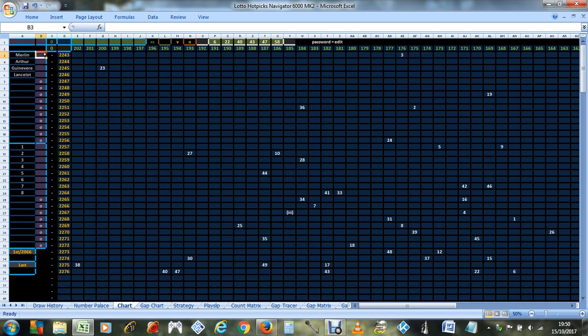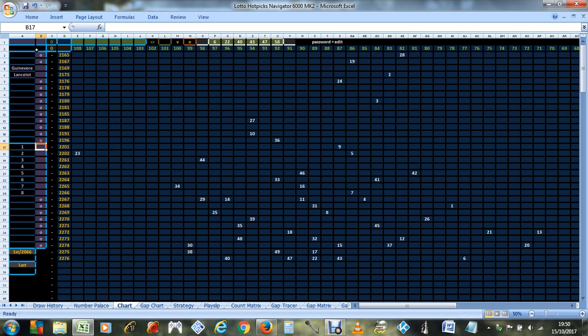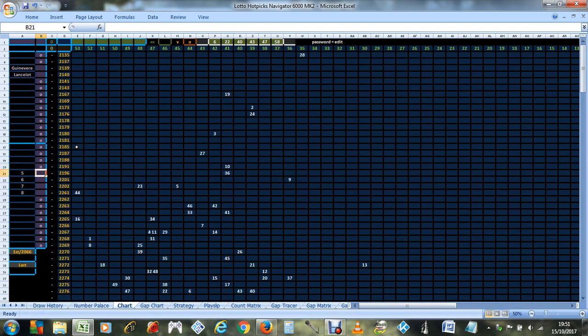So based on that, I'm picking 23, and then based on, obviously there's sets of balls 1 to 8 and just Guinevere and Lancelot, which are currently in use now, 23 by far the most frequent as well. And so that's why I'm picking 23. But recently they've only been using sets 5, 6, 7 and 8, but I'm still going to pick 23. Also 44, 28 because it's most overdue,